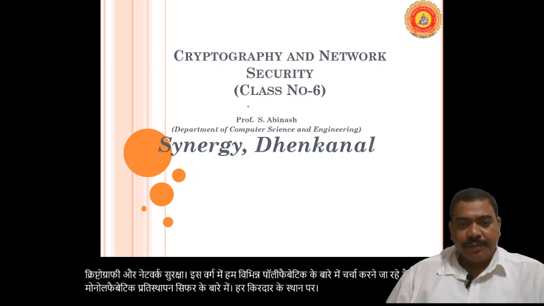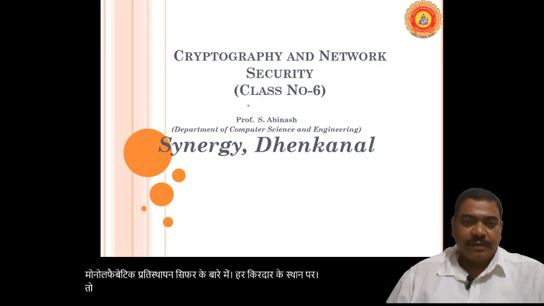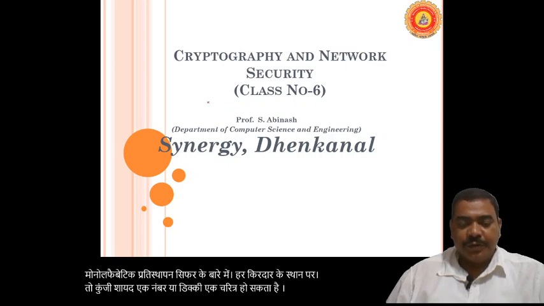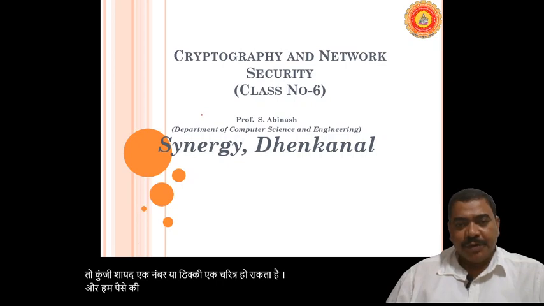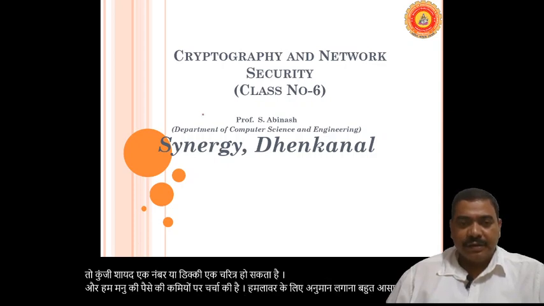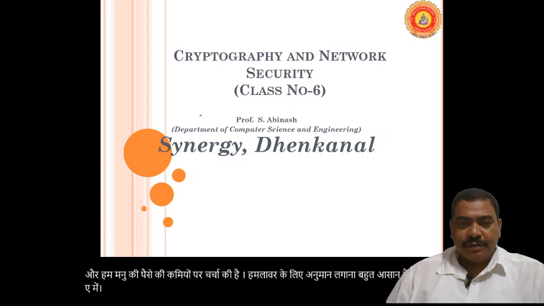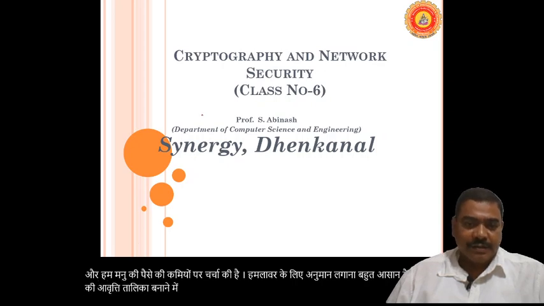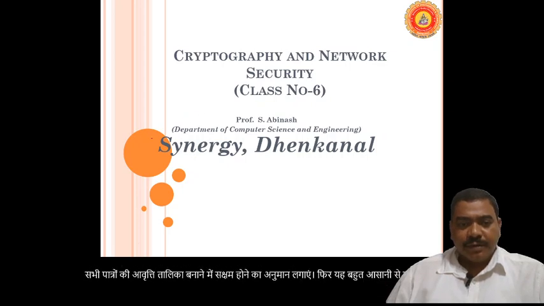The key may be a number, or the key may be one character. And we have discussed many drawbacks of the monoalphabetic replacement cipher. It is very easy for the attacker to guess. If the attacker is able to create the frequency table of all the characters, then it is very easily breakable. Today we'll discuss the polyalphabetic